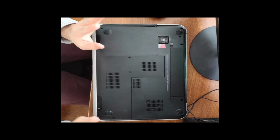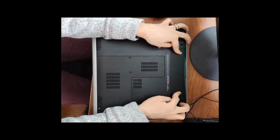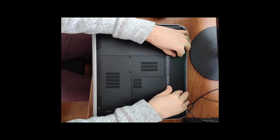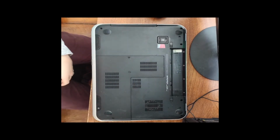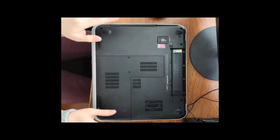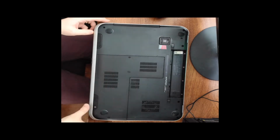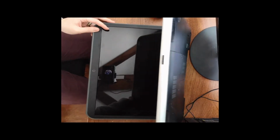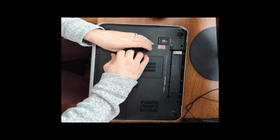Oh, but before we go any further, I want to make sure we are taking out the battery. Don't want that causing any issues whatsoever. I'm going to go one step forward from that, and I'm going to just press and hold the power button for 10 seconds to ensure that all the power is drained out entirely. Okay. Now that that's done,